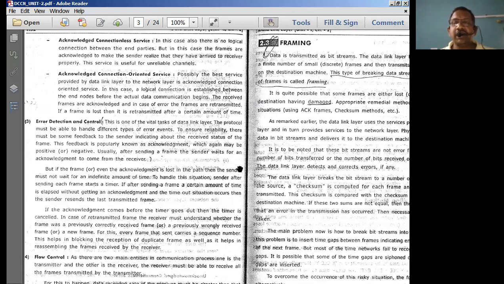So there should be some mechanism to detect the error in the data which is received, and there should be a method supported, at least to some extent, to correct the data. Therefore, error detection and correction is a very important functionality provided by the data link layer.